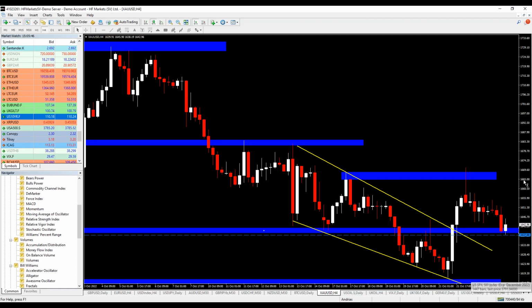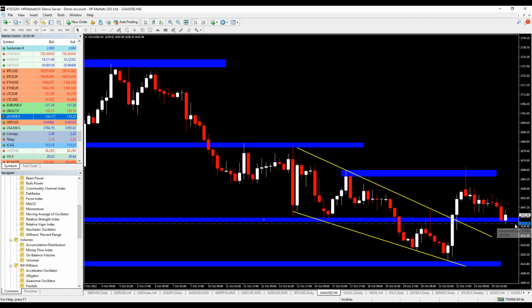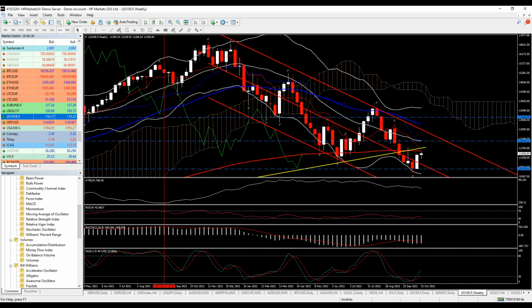So just to summarize with the gold over here, if it finds a floor over here, if it proves that it's unable to break it, okay, it might be in the form of a doji candle like here in indecision, it might be sideways before we see a nice bullish candle suggesting that bulls are in control. Then in this scenario we could see it testing that previous resistance over here. If we see a confirmed breakout, then the next support is the bottom that we have seen back on the 20th of October. Now I will quickly shift to USA 100 and I will close the session if there are no further questions.